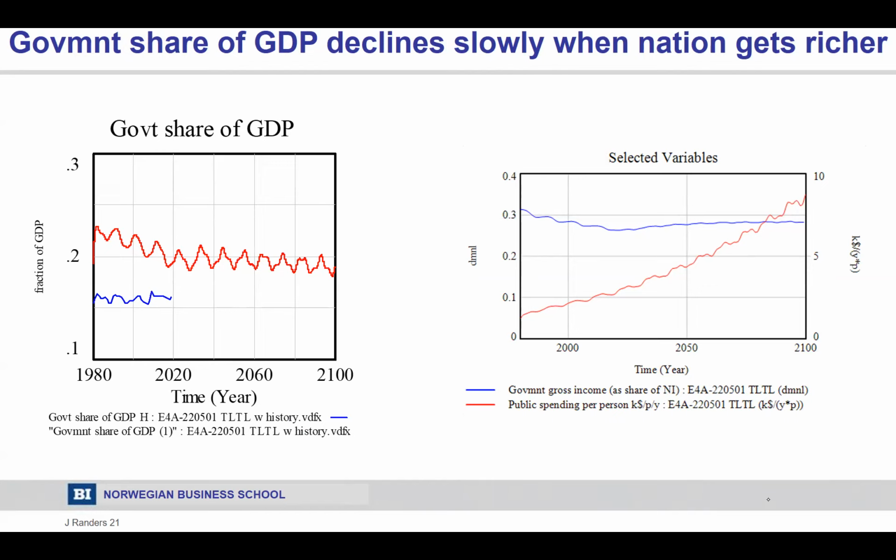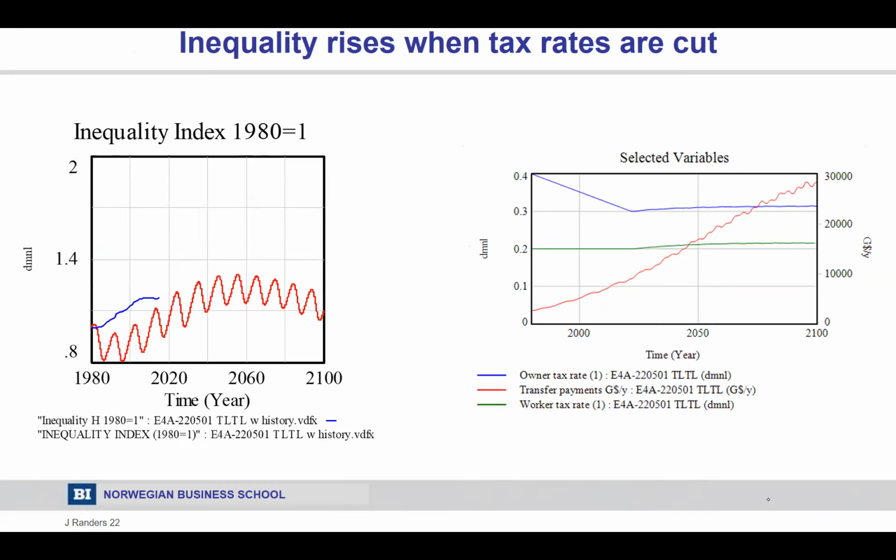Again, this is the type of thing we can easily change by reducing the tax rates in the system rather than by reducing the size of the government sector. I leave it here to be able to make that point. Again, if the two matched, you would never have thought about the fact that this is of course changeable. Public spending per person, the red line to the right, increases throughout and is one of the real drivers of well-being in this coming century.